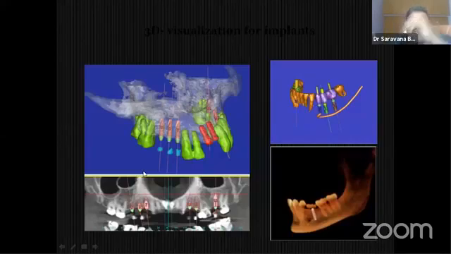For implant planning nowadays, everybody knows about the implant measurements. Now we have moved on to the guided surgery part, which is possible from the saved DICOM data. From the CBCT data, that is the saved DICOM data, you can virtually place the implant, save the data, and send it to the 3D printing lab. They will make sleeves with stents in the area where you placed the virtual implants.